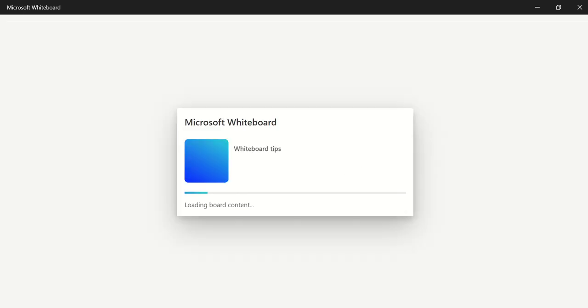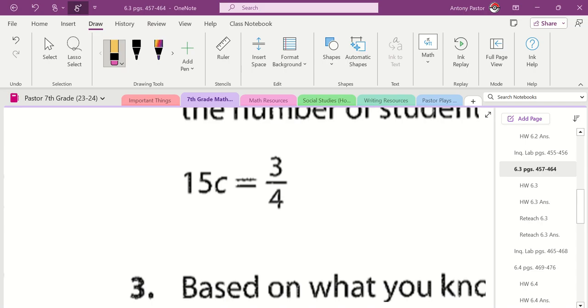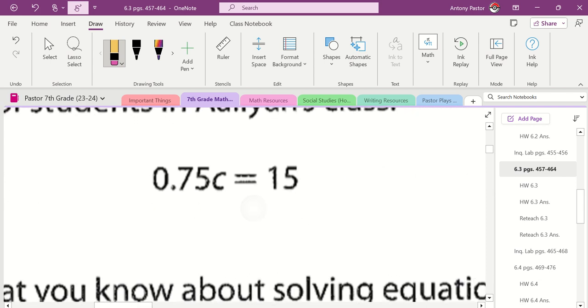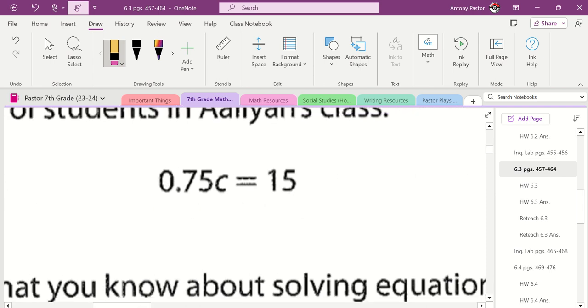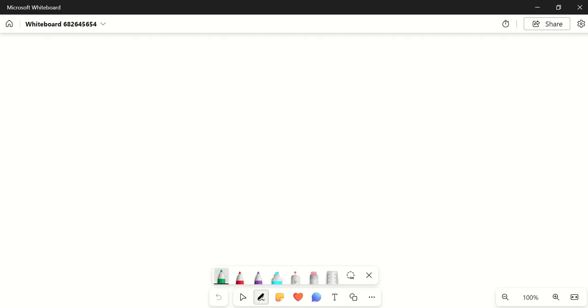Okay, now we have one more review that we need to do, because now we're going to be dealing with decimals. So we have 0.75 C equals 15. Okay, so quick review. What's my variable? Rapid fire, everybody. What's my variable? C. What's happening to C? It's being multiplied by 0.75. So to undo this, I'm going to divide by 0.75